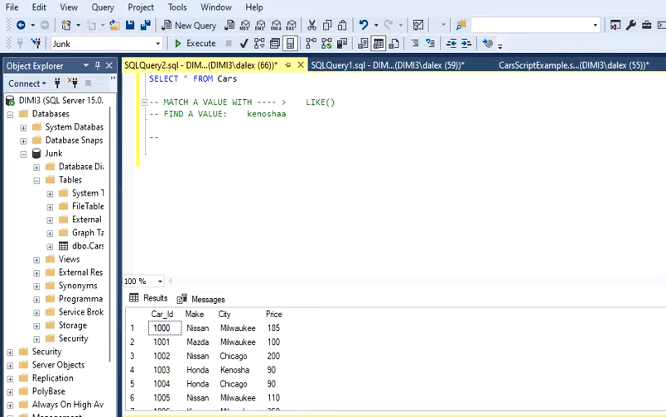So in this scenario, someone told us that there was an error with the way they spelled Kenosha in some of the records. So there was a problem with the application. Some of these records are spelled Kenosha with double A instead of Kenosha. So we're going to find those specific values that have this pattern AA, and then we're going to update those values. So what I'm going to utilize for that is the